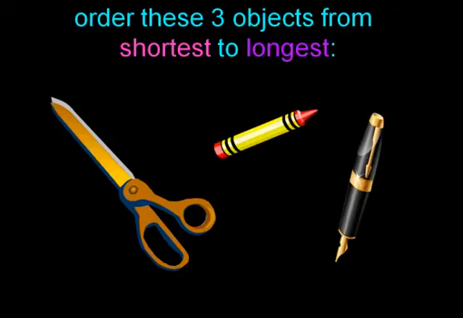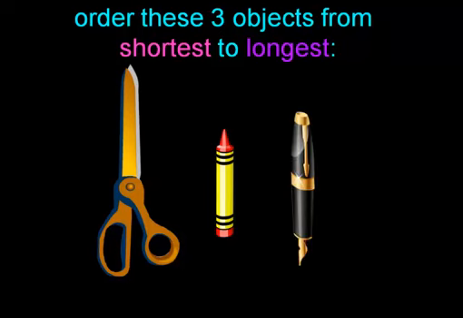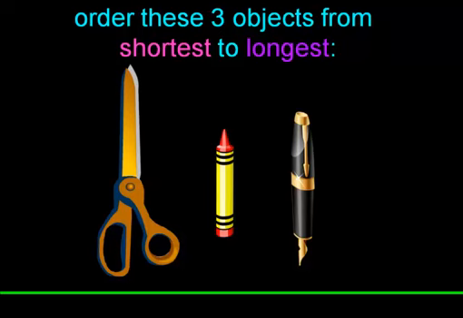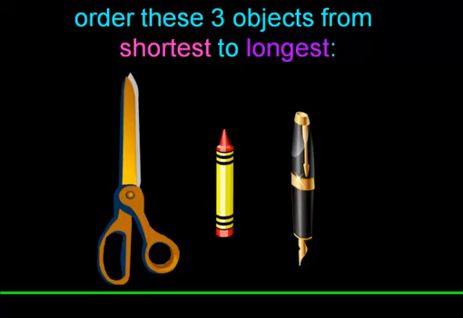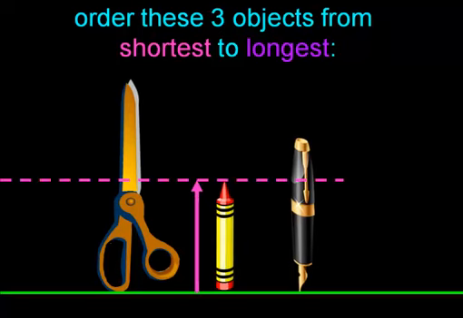and a pen. First, let's arrange the objects so that they are all straight up and down, so that we can better compare how long each one is. Now we'll want to mark somewhere that will allow us to line the objects up along one side. So lining up the scissors, crayon, and pen along this line, we can see that the crayon is the shortest